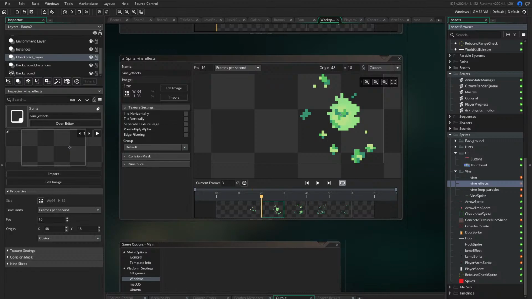Okay, maybe this way it'll import correctly. Line effect 6, Vine effect 7, 1, and 7. I don't think 1 and 7 exist, so we're just gonna